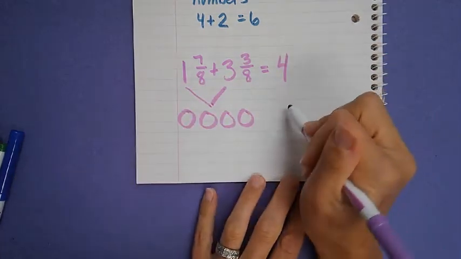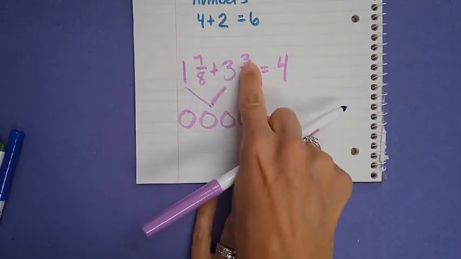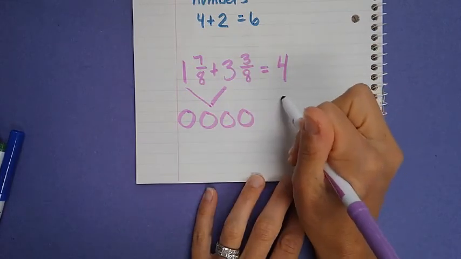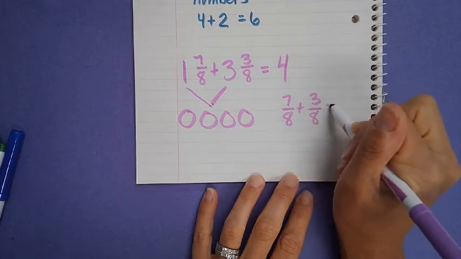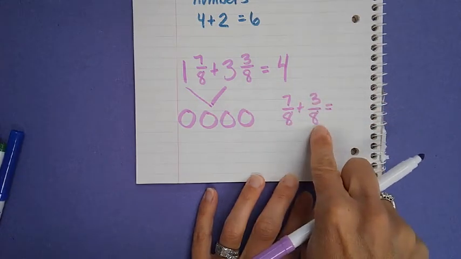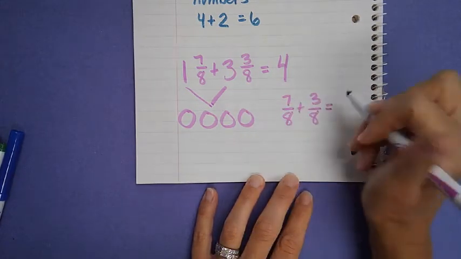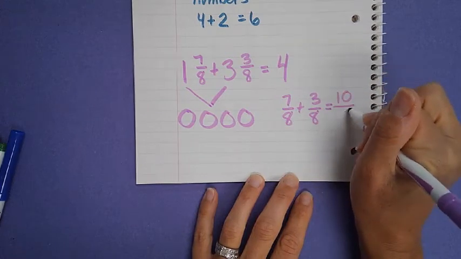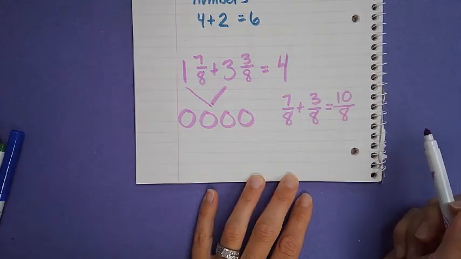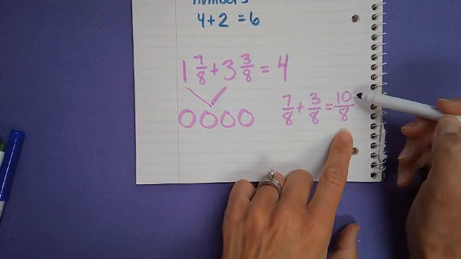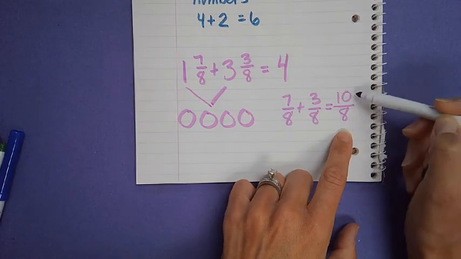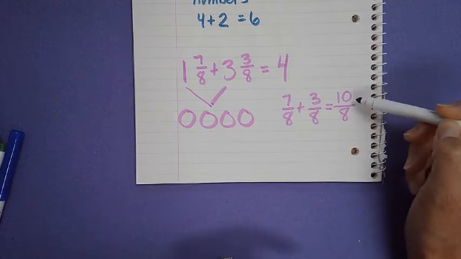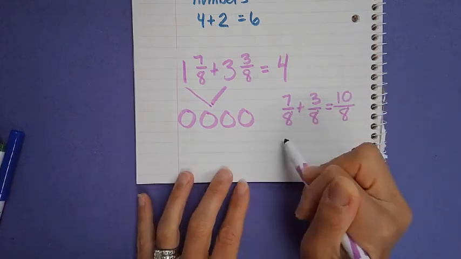For the fractional pieces, I'm adding 7 plus 3. So for the fractional part, I'm adding 7/8 plus 3/8. The denominators are the same, so I can add just the numerators. 7 plus 3 is 10, and the denominator stays an 8. The problem with this is that now I have more pieces on the top than I do in the whole. I have 10 eighths, which means I have 10 out of 8 pieces, which means that if I were cutting